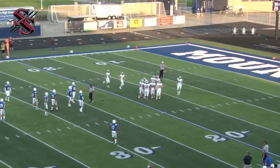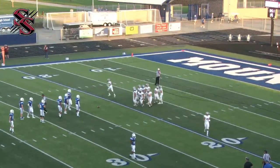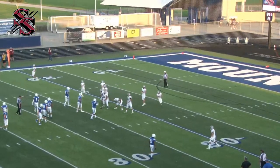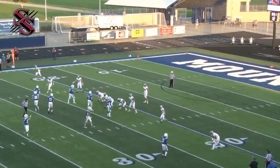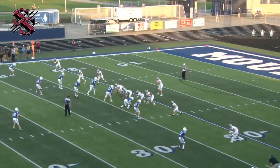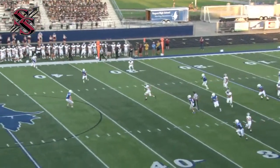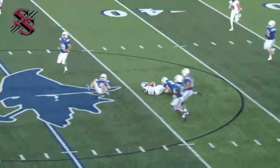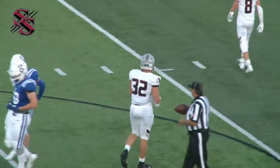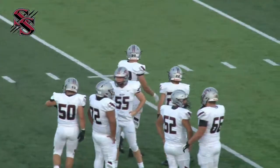Be interesting to see what the Panthers do here. 3rd and 7. Graves and Stafford wide either way. Siloam Springs goes trips to Talley's right. Lashley in the slot. Empty backfield. Lashley takes the reception. He's across, he's down the middle of the field, over the 40 to the 44-yard line. Big gain on 3rd and 7, first down Siloam Springs. A 21-yard pickup there for